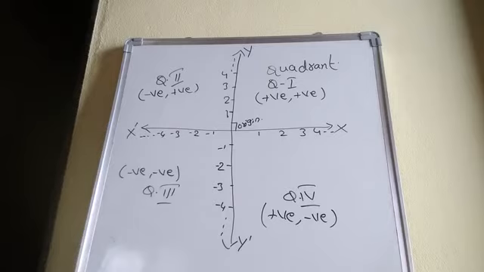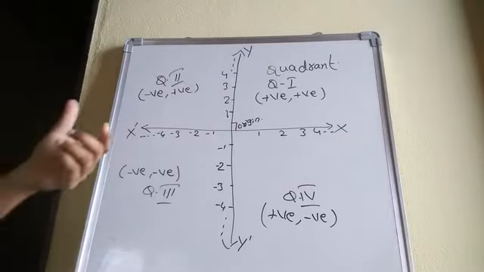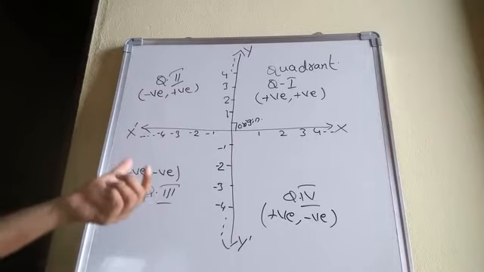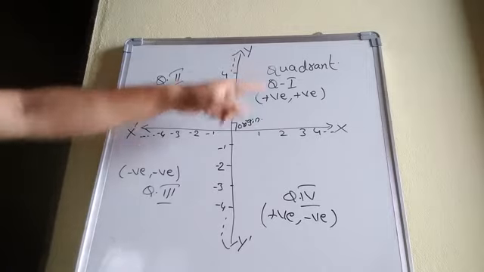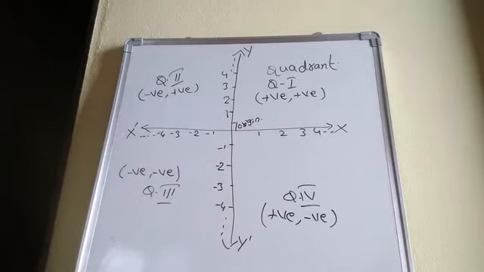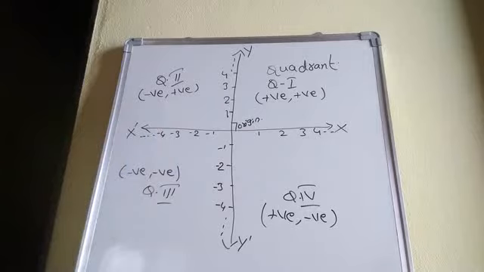Okay. Yes. Now with this information, you have understood which kind of points, x positive or negative, y positive or negative, lie where. This information will help you identify which kind of points lie in which quadrant. Okay students? Yes. Now we will be learning which kind of points lie on the x-axis and y-axis.